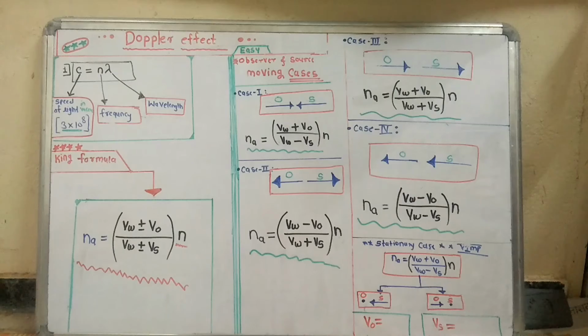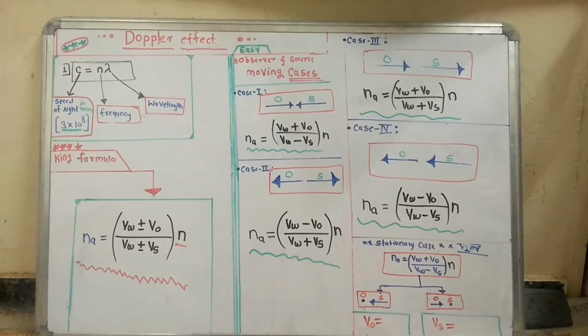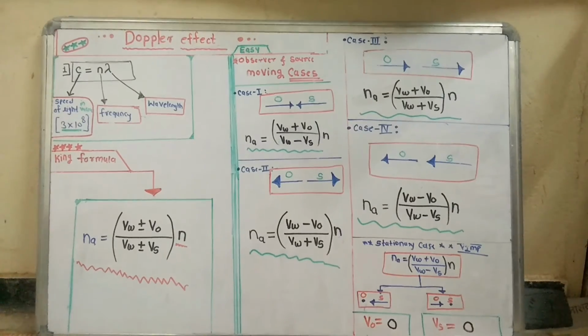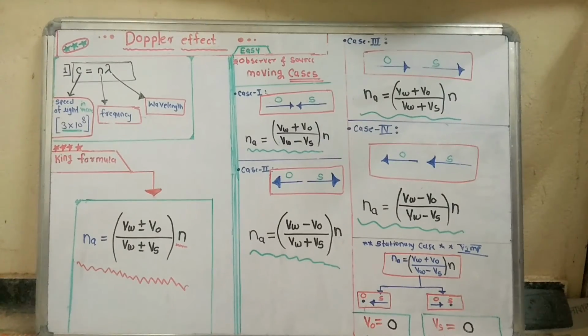When the observer is stationary and the source is moving towards the observer, remember my method to solve this question easily: only V observer is 0 in the formula. The next case is when the observer is moving towards the source and the source is stationary, then the source speed is taken as 0. Only remember all these formulas, then you can crack every exam. You can definitely crack one question.